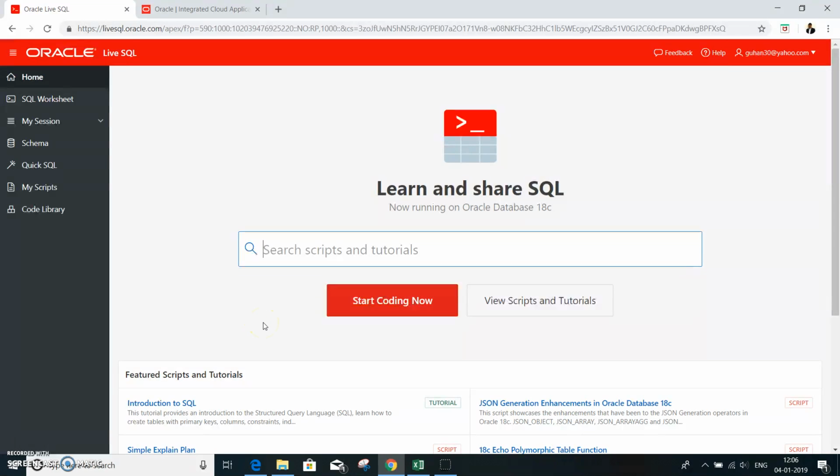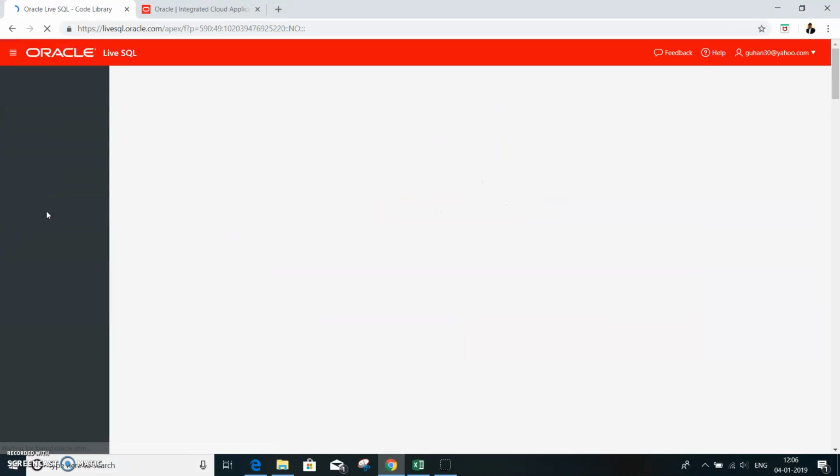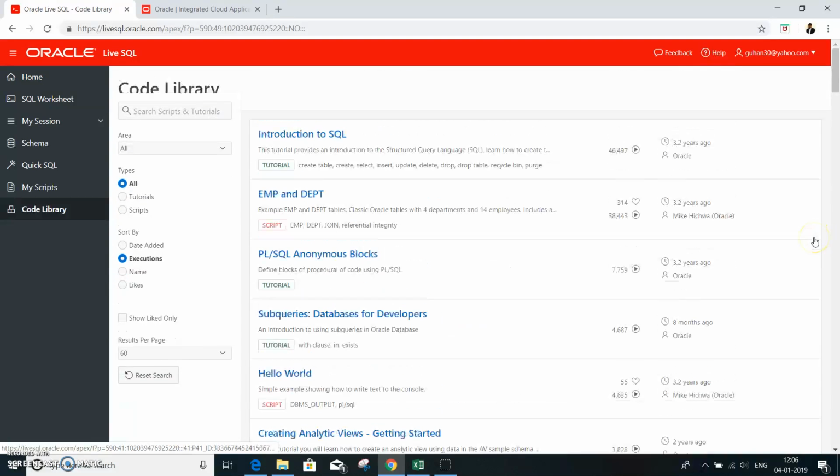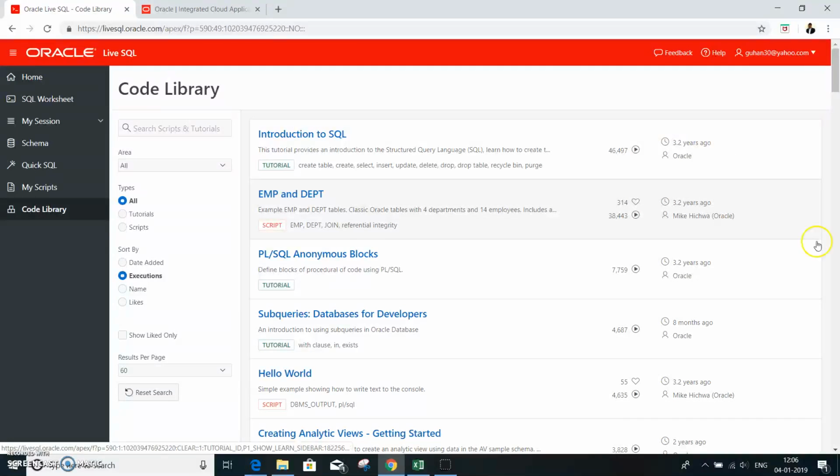So here I have signed into my account of livesql.oracle.com. Get into the code library, and once you are there, yes, you have a lot of library features. It's much simpler to learn about SQL.